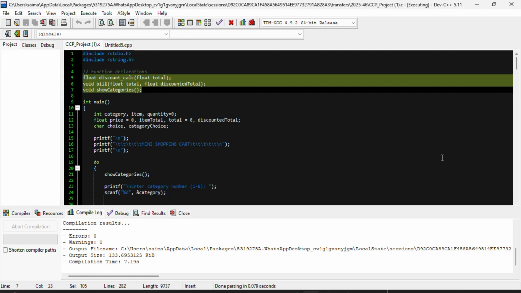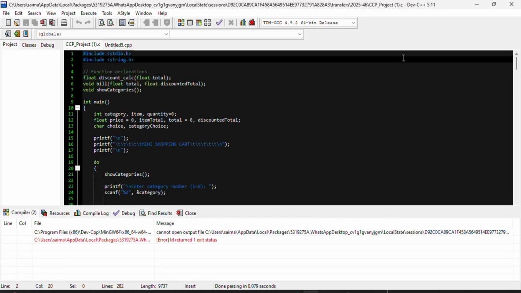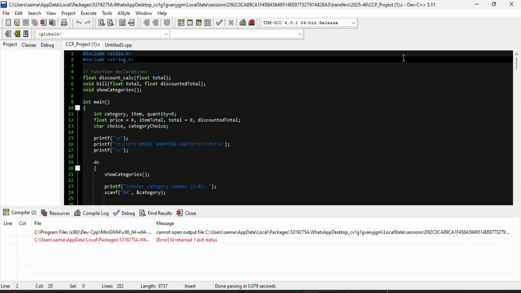I will also show you the code here again. It will be explained as I will basically show you the code after running it, so it will give us the idea.